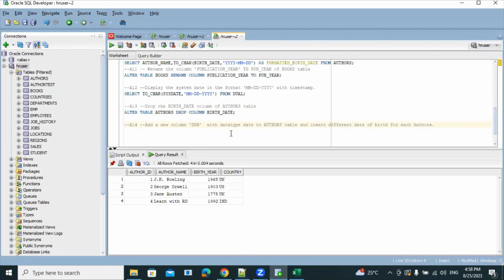Add a new column DOB, date of birth, with data type date to the authors table and insert a different date of birth for each author. So it is saying add a new column DOB. Let me add it first: ALTER TABLE authors ADD. You do not have to give the keyword COLUMN here, it is not required. Just give DOB